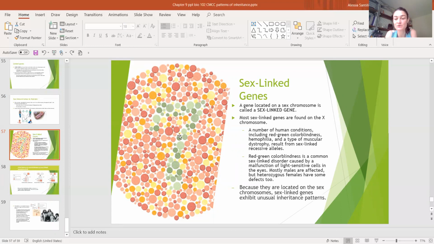In fact, about 8% of the male population is red-green colorblind, while 0.02% of the female population is red-green colorblind. I keep pointing to this picture right here. In this picture, there's a number, right? And I can see the number. It's actually the number 7. If a person is red-green colorblind, they cannot see this number